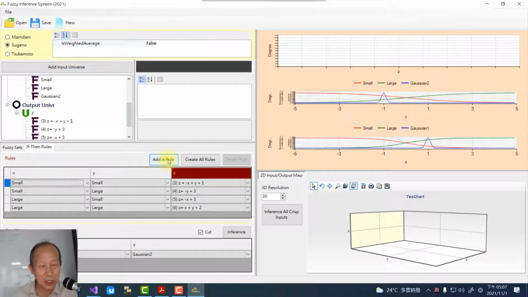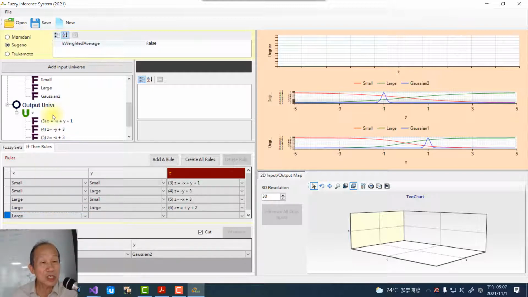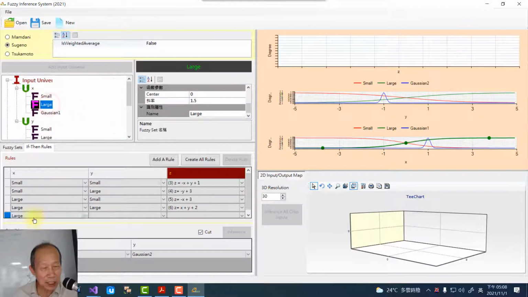So if a user adds a rule, right? So it click on the, actually in your model you select fuzzy set, select fuzzy set, and click on this cell, right? So that is the way you define a rule. And the last part, I'm sorry, because I kind of use combo box to do that. So in here, you need to